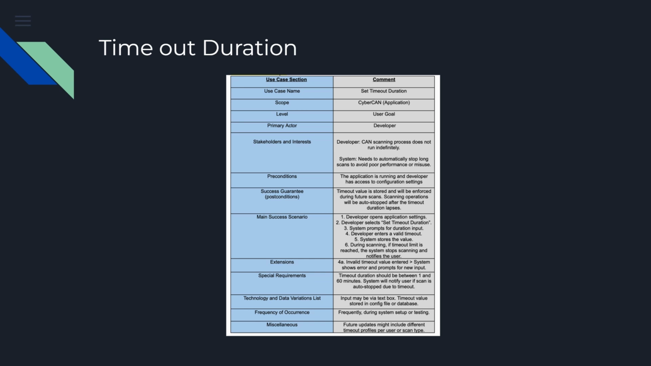Main success scenario: so first one, developer opens application settings. Second is developer selects set timeout duration. Third step is system prompts for duration input. Then developer enters a valid timeout. Then system stores the value. And then the very last one is during scanning, if timeout limit is reached, the system stops scanning and notifies